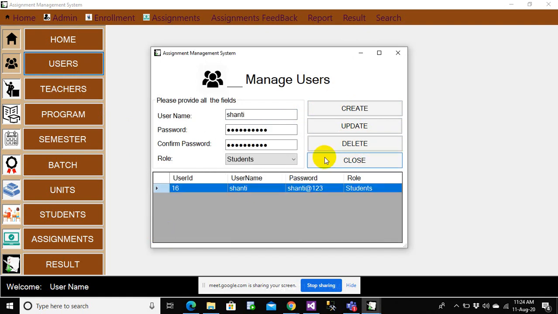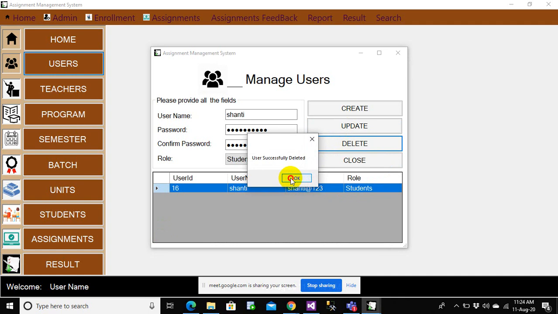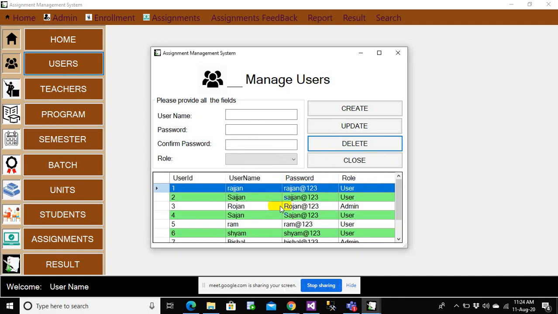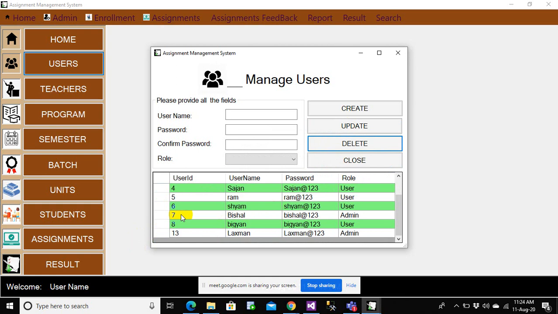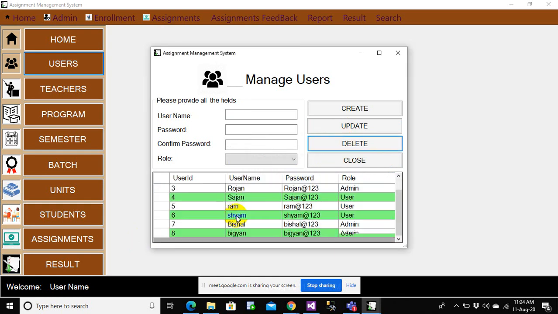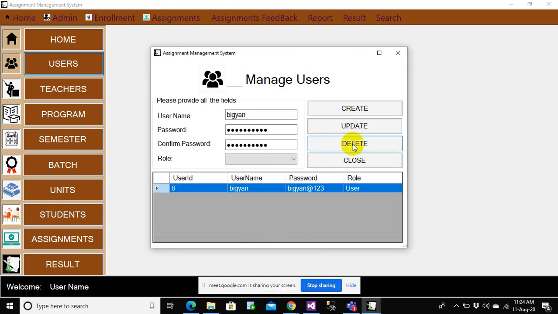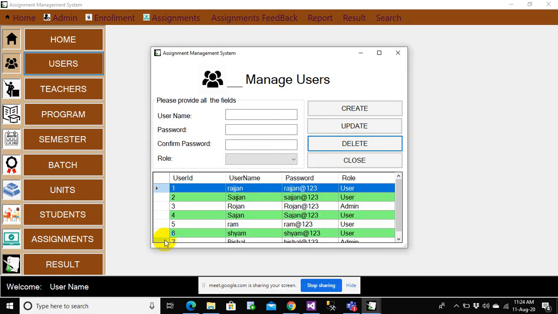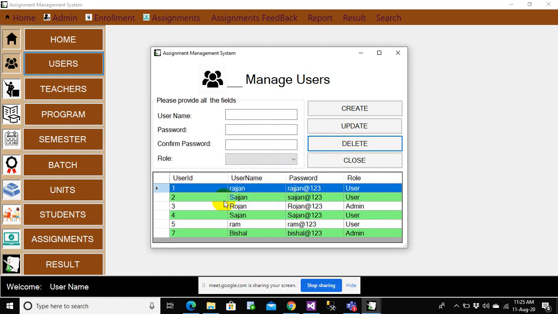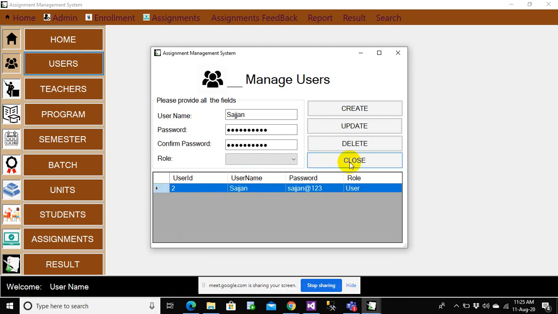Let me delete this. You can see I'm able to delete by using a parameterized query. So obviously insert will work, update will work, delete will work. So let me delete unwanted users.